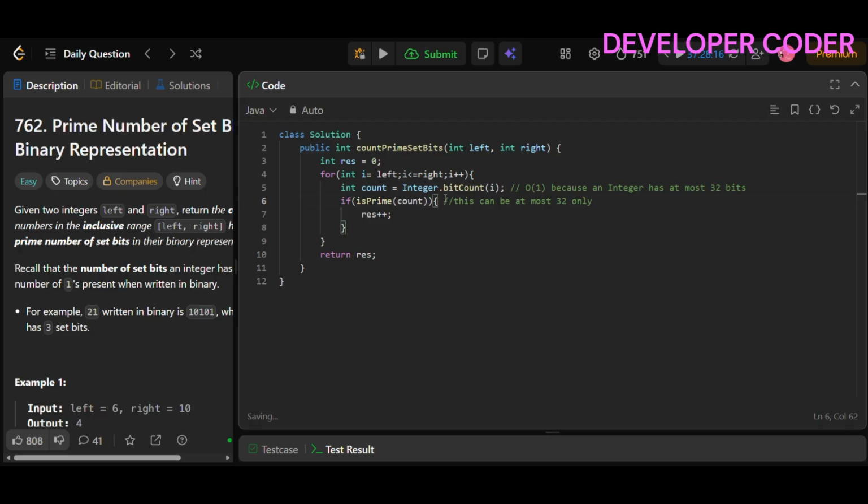Since we can have a max of 32 set bits, clear? Max 32 set bits only we can have. So for prime numbers, we have to check only until there. So it is also not going to take much time, it is O(1) only. This loop is going to take time as you are checking all the numbers from right to left,